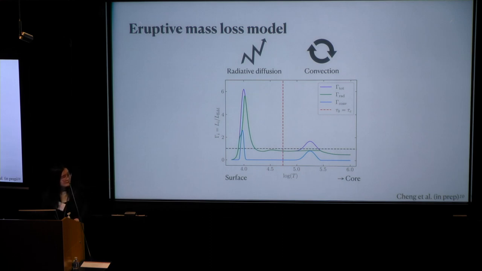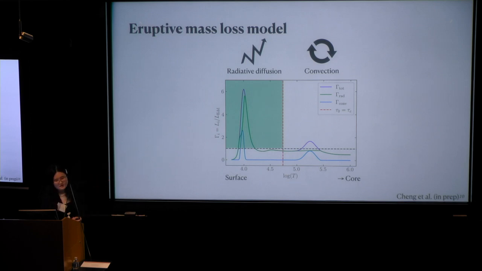So anything above the black line is locally super Eddington, and anything left of the red line can be transported by radiative diffusion. So if we want mass loss, we're looking at this region, right? It has to have more luminosity than the Eddington luminosity, and the energy has to be carried by radiative